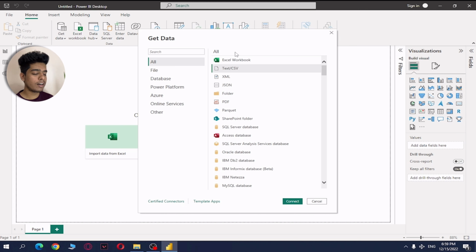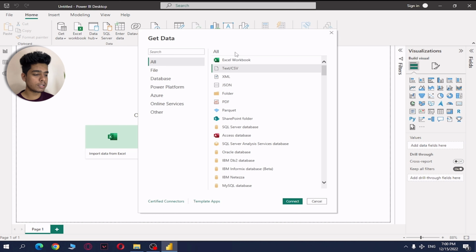Let's consider you have 100 Excel sheets and you need to create a dashboard using those 100 sheets, and you don't want to waste time copying data from one sheet and putting it in one common sheet, right? Copying from 100 sheets and putting all that data together in one single Excel sheet. And there is one more error you will face, that is the limit of an Excel file, about 10 lakh 48,000 something rows of records only, which Excel can store. That is also an error you can face. So that's why you need to use the Folder option.